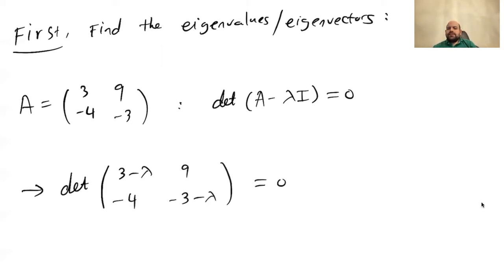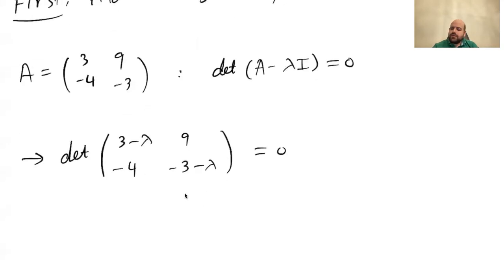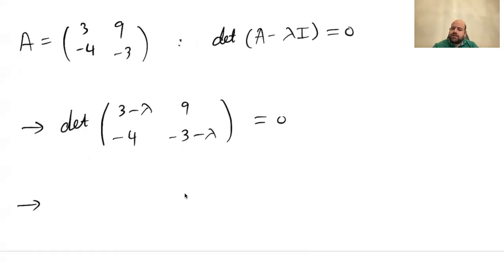And now I can easily expand this determinant, this times this, minus this times this. So then I will have 3 minus lambda times minus 3 minus lambda. It's going to be minus this times this. So this is minus 36. Minus 36 becomes plus 36